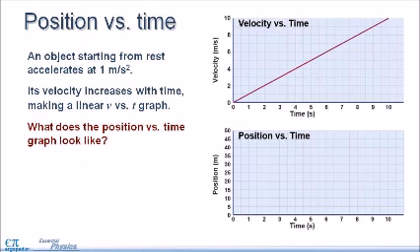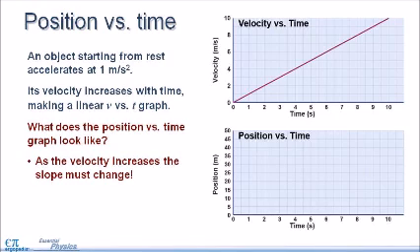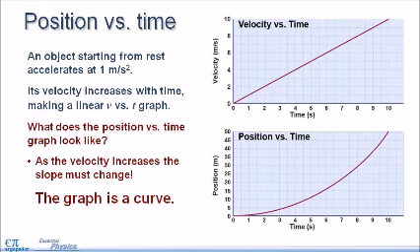Position with time. An object starting from rest accelerates at 1 meter per second squared. Its velocity increases with time, making a linear velocity with time graph. What does the position with time graph look like? As the velocity increases, the slope must change. The graph is